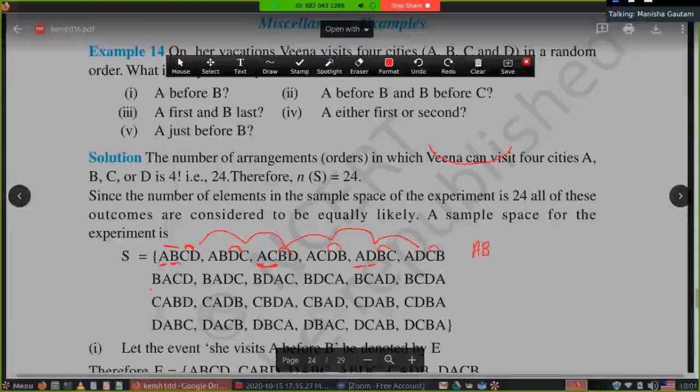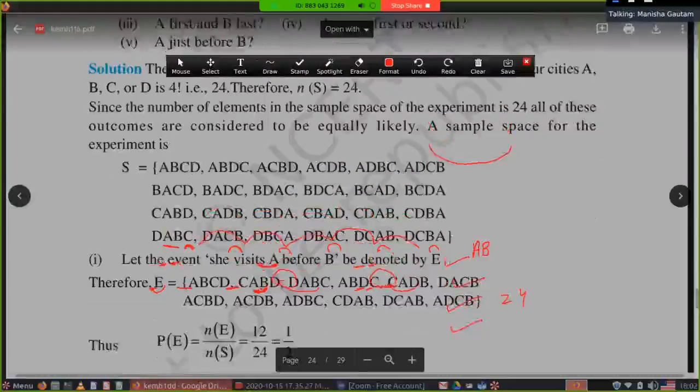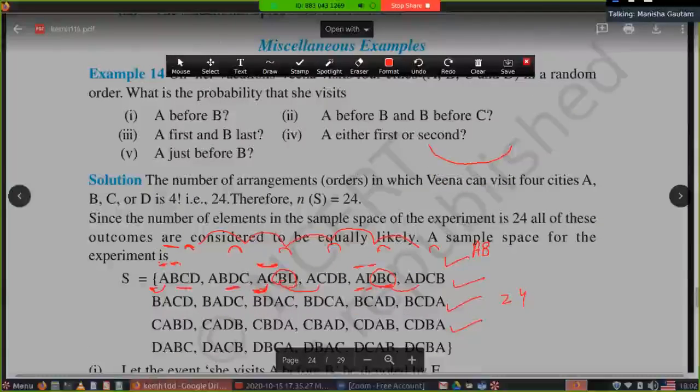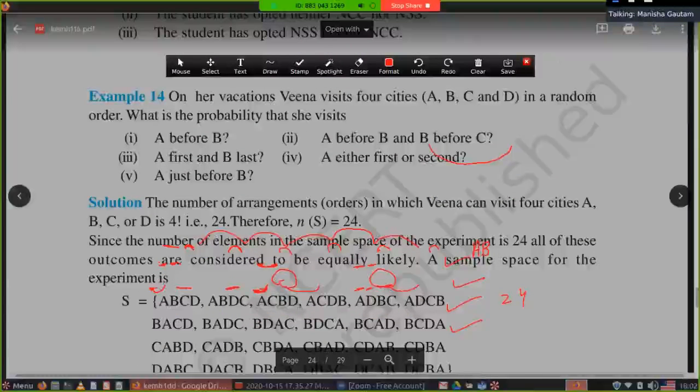Similarly, when you fix B, along with this B you fix the A and C and D interchange their position. With B, then take the D and interchange the position of AC, you will get 2 cases. With B, you take C and interchange the position of AD. Again 6 cases. B will give you 6 cases, C will give you 6 cases, D will give you 6 cases. Total cases are 24. Now if you came to know how many cases there are, 24 cases, and how to make these cases, half the work is done.